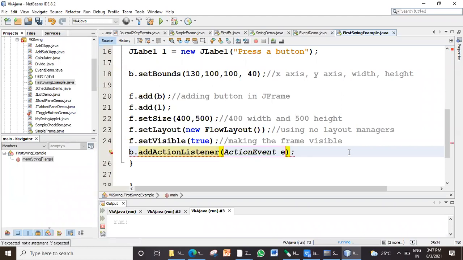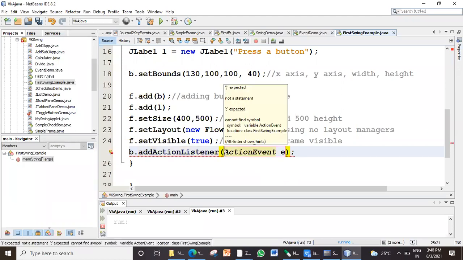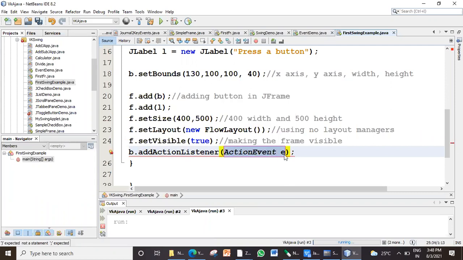ActionEvent e. You want to make it anonymous? Yes. Then what should I do? Inside that we need to open a curly bracket, then assign the label to button pressed. First of all, I have to say new ActionListener.